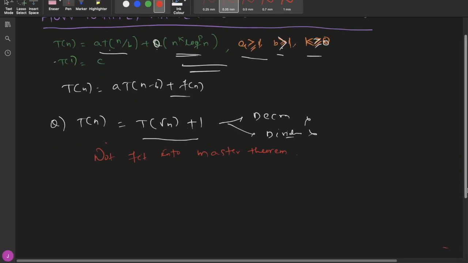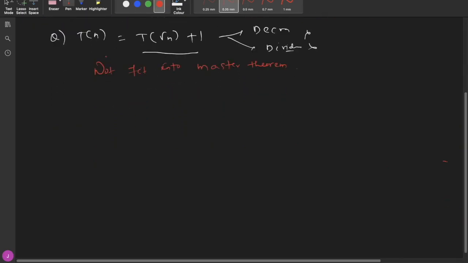First, we can use the substitution method. About the substitution method, I told you that this is a go-to method. Go-to method means if you can solve something using the master theorem, you can also go with the substitution method. First solve it with the substitution method. For the substitution method, we first write the recurrence relation and then replace this value according to the recurrence relation.